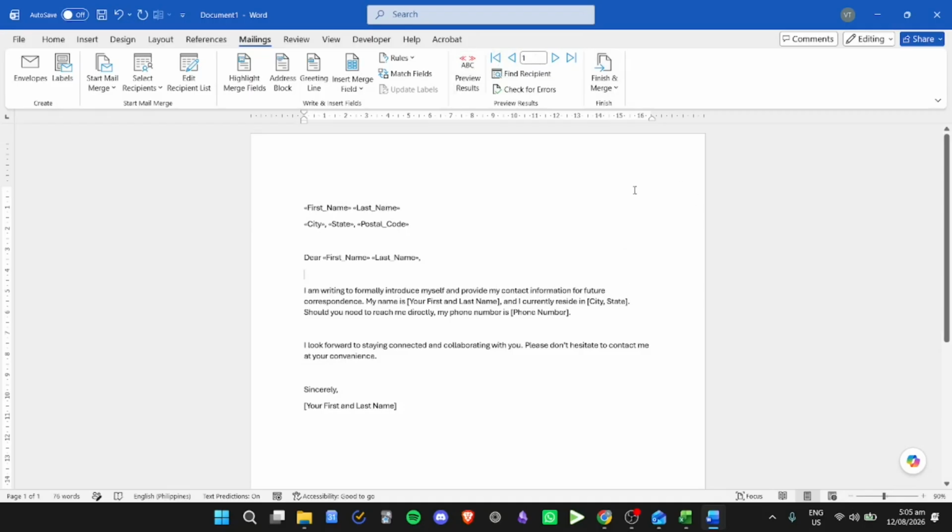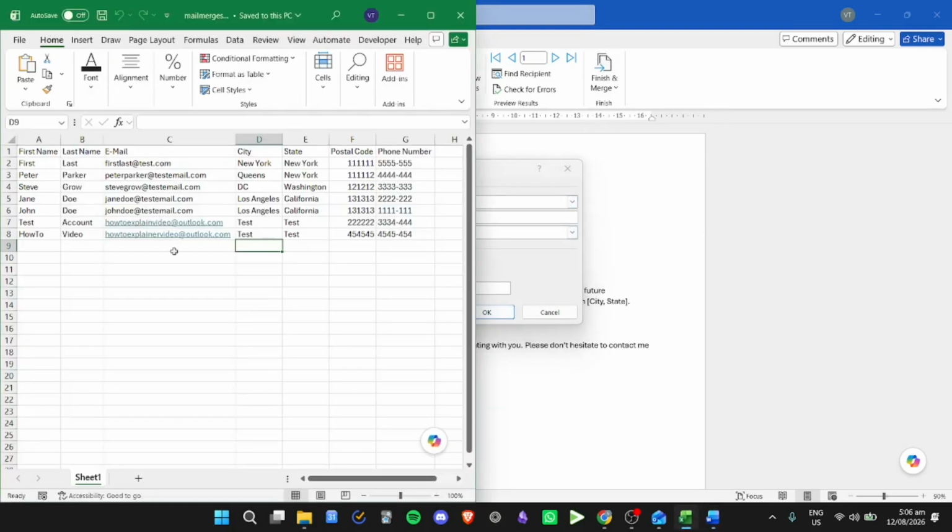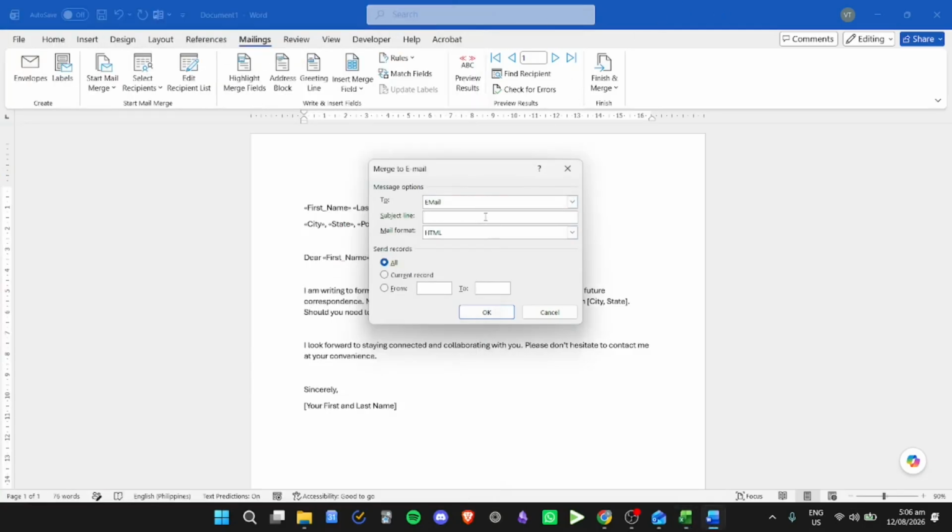And now that we're finished doing our mail merge, we can now send this in an email using Outlook. So to do that, you can simply click Finish and Merge right here and then click Send Email Messages. And then for the To field, we're going to use the email field right here so that it will send to each individual's email. And then for the subject line, you can put any subject that you want. So for example, I'll just put